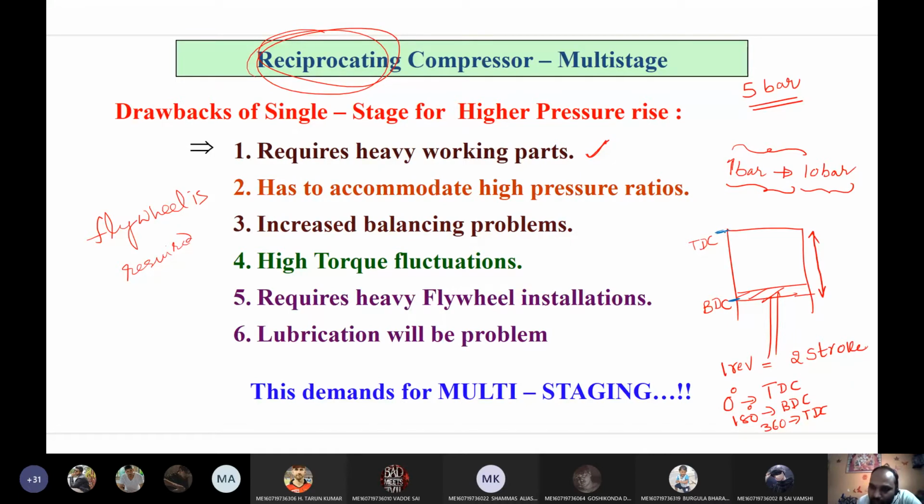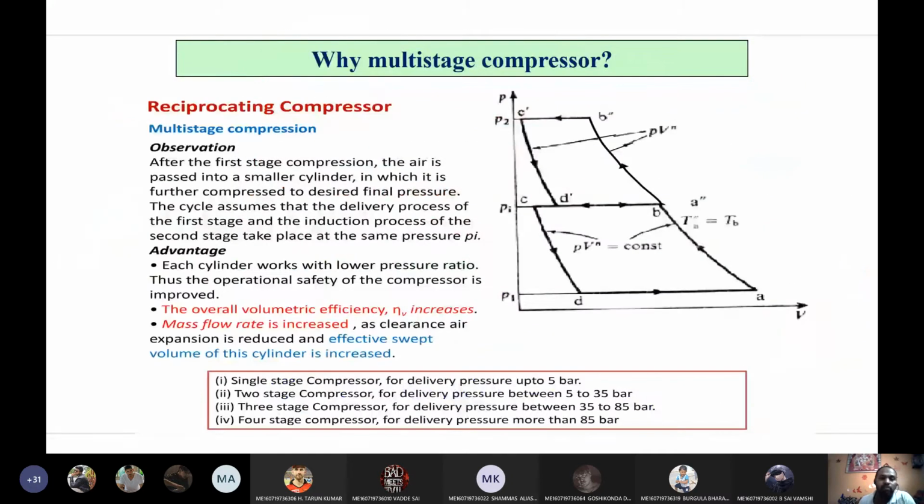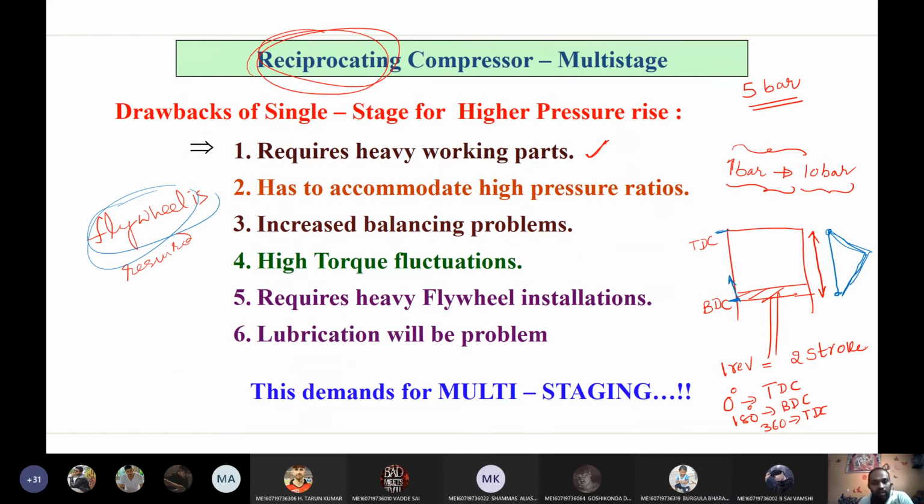When the piston is moving from TDC to BDC, at the end it should come back in the opposite direction. Means at that instant, the velocity of the piston should be 0. So the velocity is 0 at the end positions, that is TDC and BDC, and it increases to the midpoint, then decreases, increasing, decreasing again. Means the piston is subjected to fluctuating velocity. Therefore we need to balance the piston because of this fluctuating velocity. Therefore flywheel is required for the reciprocating engines.